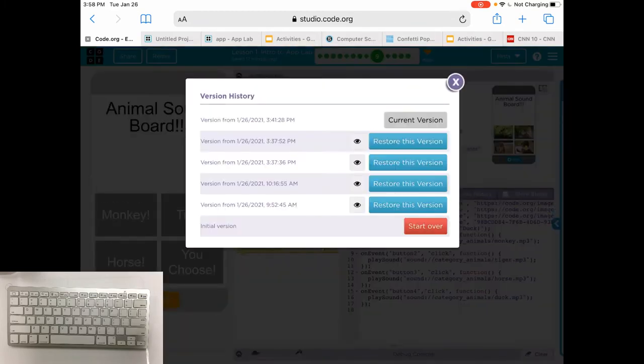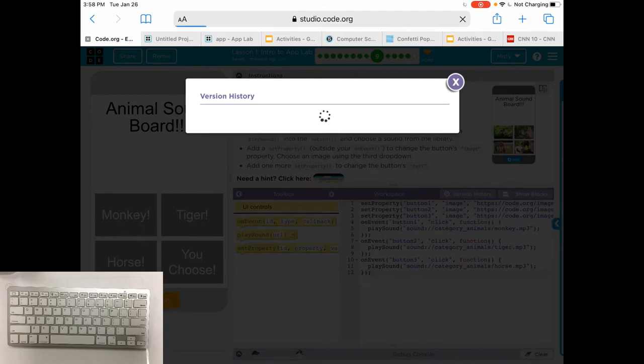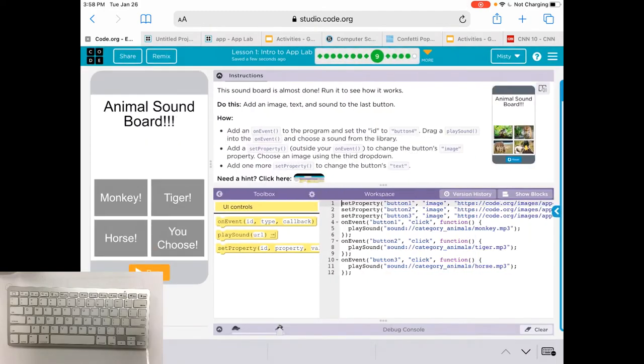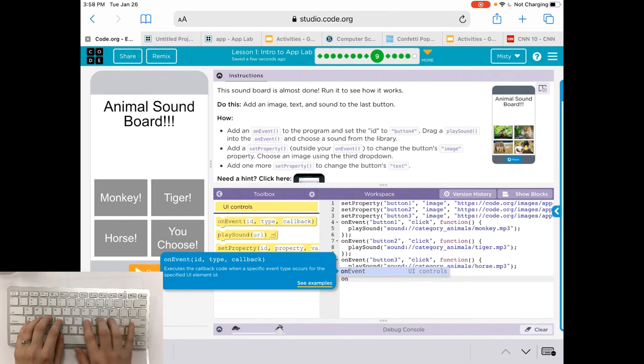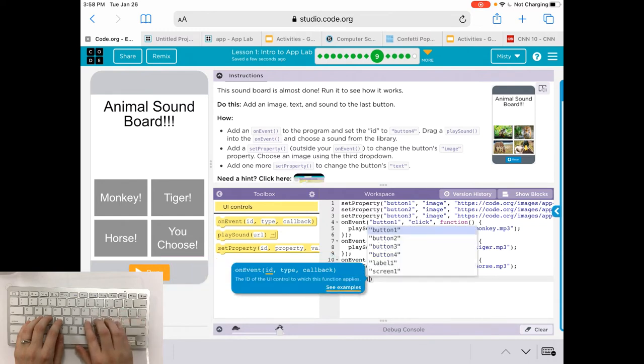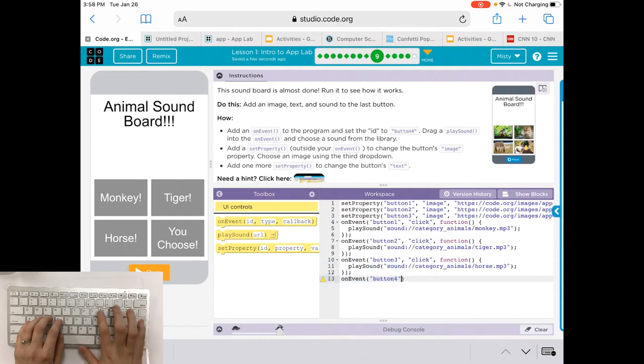Okay. In block number 9, it wants us to add an on event to the program and to set the ID to button 4. We can't drag, so we're going to be using our arrow keys to navigate, okay? So I need an on event at the very bottom. Go to line 12, press enter, start typing on, and the on event shows up, down arrow key, enter. Now I need button 4. When button 4 is clicked,